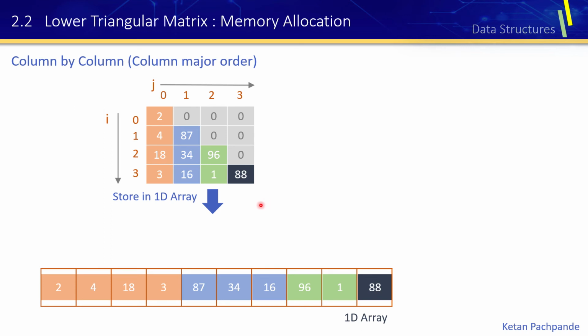Now we have to do a similar exercise to what we did for the row major order. Here are the locations with respect to i and j. Here j value is 0, and these are the 4 elements of the first column. Similarly, for the second column the j value is 1, and i value varies from 1 to 3. If I talk about the third column, it starts with 2, 2, element 96. So 2, 2 and 3, 2. Let me mark here 2, 2 and 3, 2. And finally, the element of the last column.